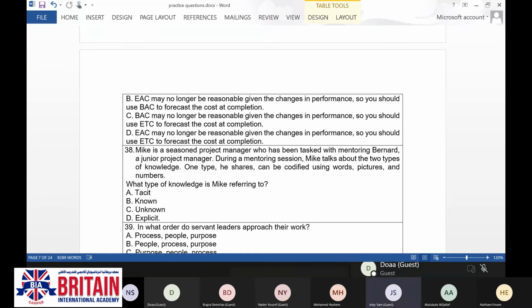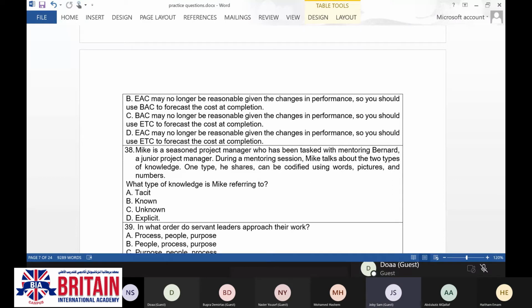I think I will take the option. If it's words and pictures, then it should be explicit. Okay, can you tell me what you mean with the explicit? No, there are actually two types, or maybe three.